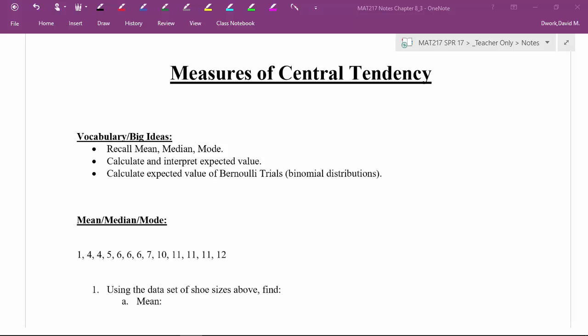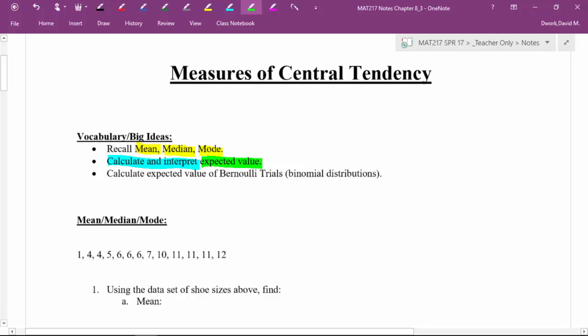In this lesson, we're going to talk about measures of central tendency. We're going to review mean, median, and mode, which you should already know from previous classes. I'm going to go through it quickly. We are going to then learn how to calculate and interpret a new type of measure of central tendency